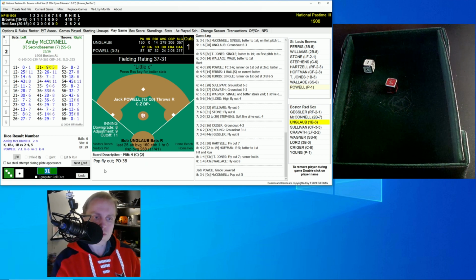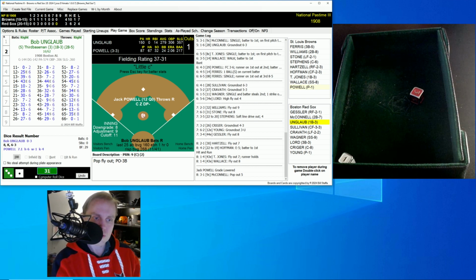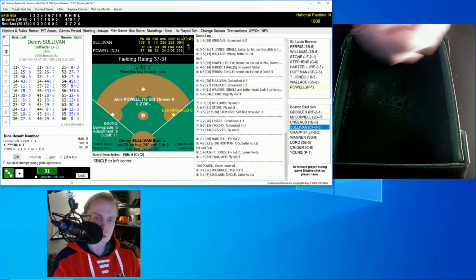His roll, 31 for a 9. That's a pop up to the left side. Ferris has that, and there's 1 away. Bob Unglaub rolls a 31 for an 8, so he gets a single. Hit number 7 for the Red Sox. That brings up Sullivan. Unglaub does not have that 11 that we look for, so we'll see what happens here